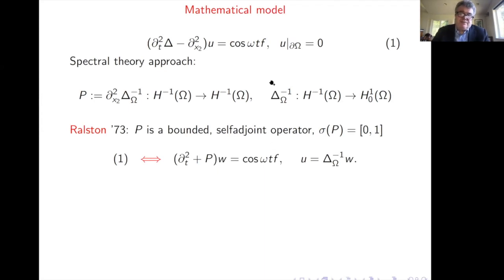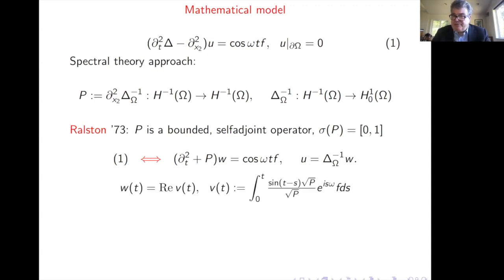And my problem here, the evolution equation, is equivalent to the wave equation for this operator P. And you just take u to be the Laplacian inverse of w when you solve this equation here. But of course, this P now is an operator which in some sense is a 0th order operator rather than the Laplacian. And of course, you can write down the solution to this equation. That's like a calculus problem. And this is the solution with 0 initial data. You just apply the spectral theory to construct this operator.